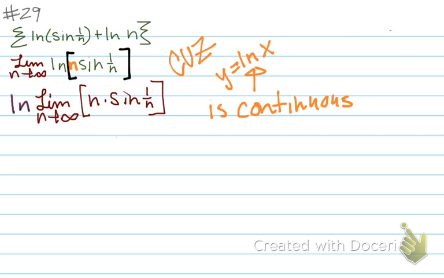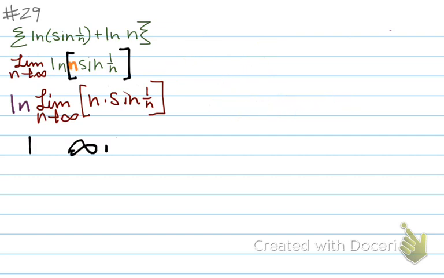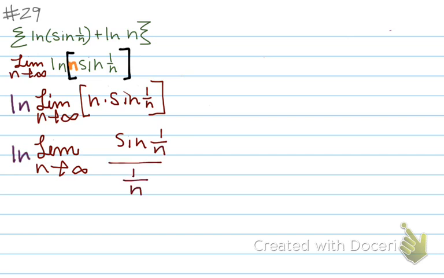Now, we take a look at that limit, and it looked like infinity times 0. That's indeterminate form, but it's less indeterminable than the indeterminate form we had before, because we can manipulate this. Dividing by a fraction is the same as multiplying by the reciprocal. So we can also divide by the reciprocal of n, which is 1 over n. Why? Because if I'm looking at that limit, I have 0 over 0, and now we have something that we can